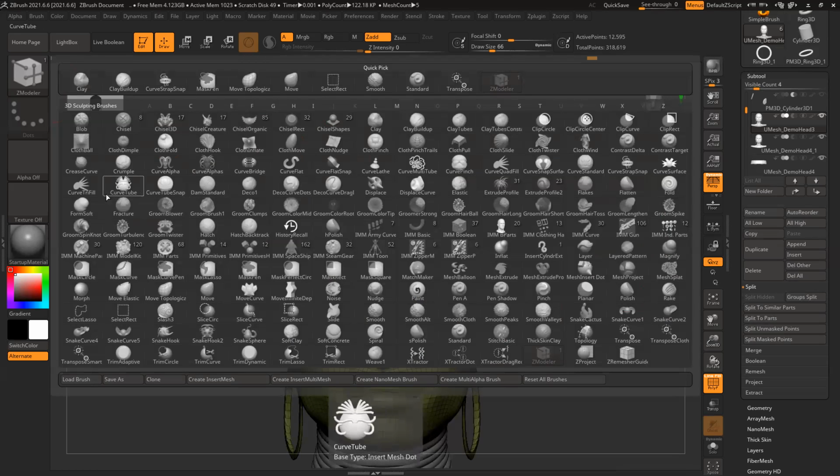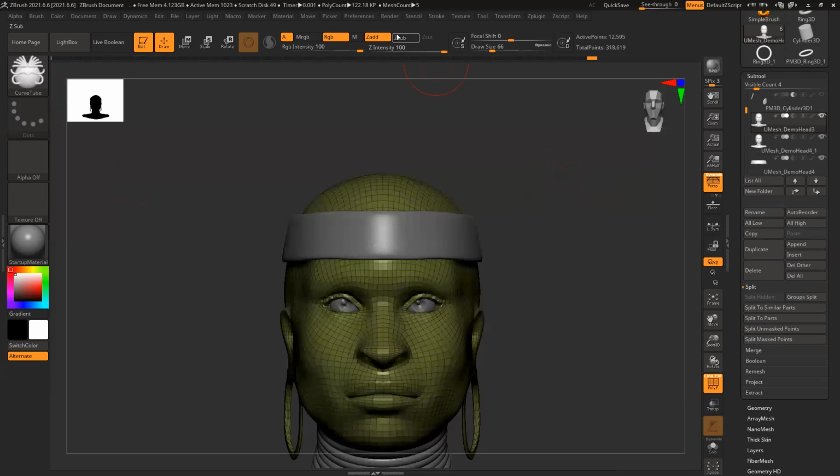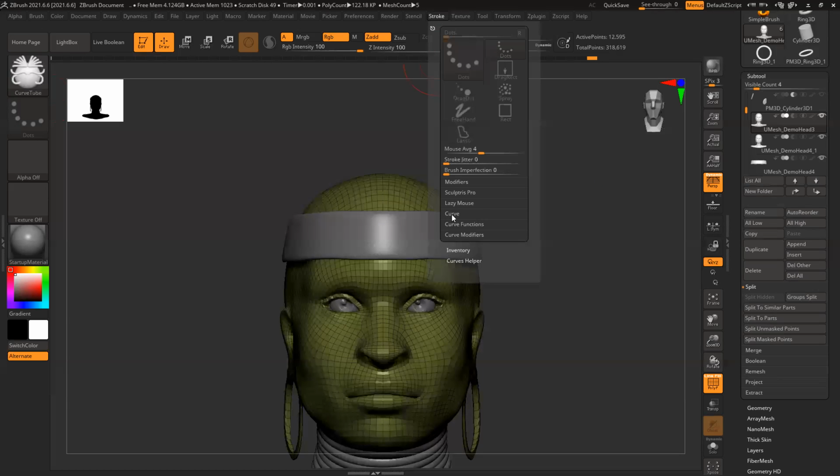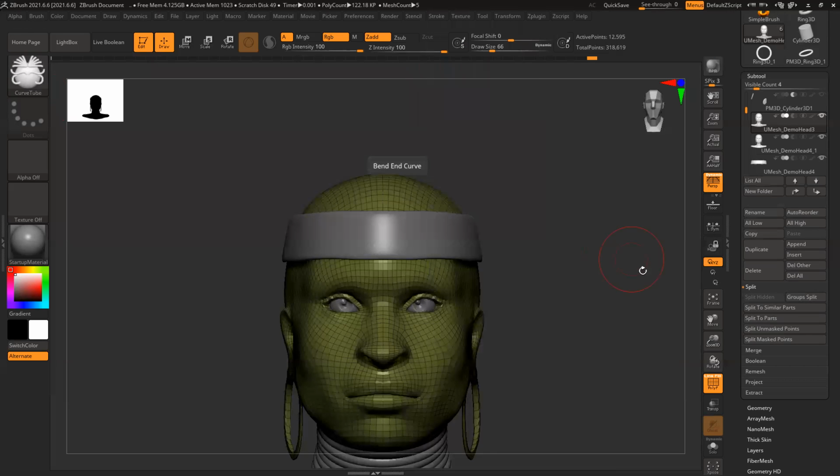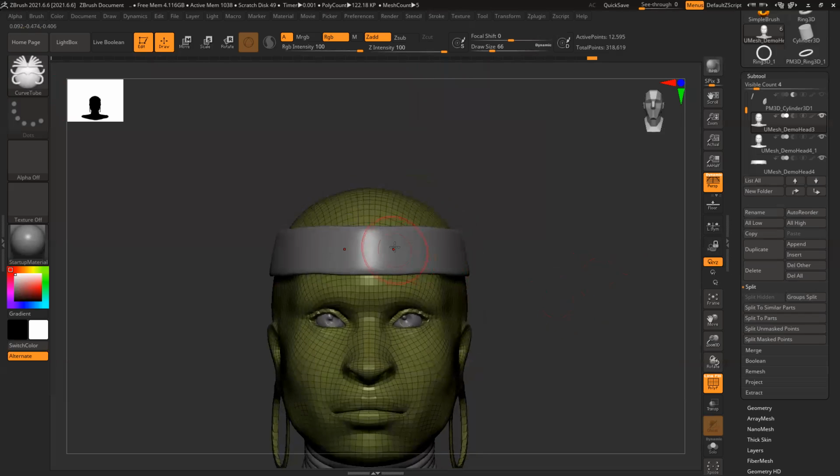And there's something called curve tube. This is a default brush of ZBrush. And there's a new thing: there is a plane. This is for alpha cards and all. You can directly drag and create this very easily. But this is new, I guess, for 2021 only. They'll use this on two brushes. So I can use curve tube, and if I go to stroke, curve, it's already on. Snap, I can switch on. Anyway, it won't change anything. So now this thing is visible and symmetry.